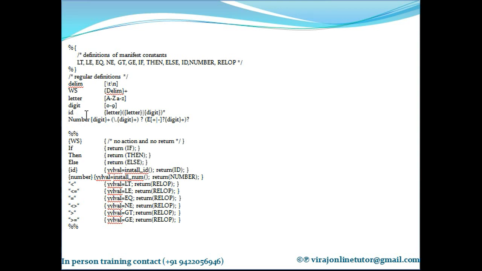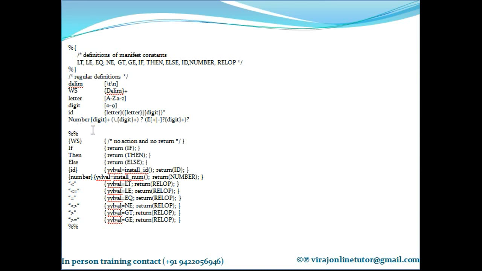What is the ID? ID is the identifier. How am I defining it here? Letter followed by letters or digits. So it is letter, the pipe sign is for ORing. Letter or digit, the entire thing with an asterisk, meaning repeat this bracket 0 or more times. And letter followed by this expression. So letter followed by letters or digits.